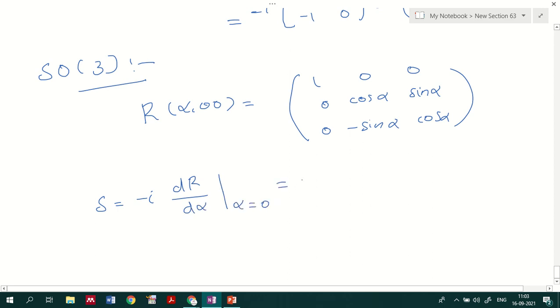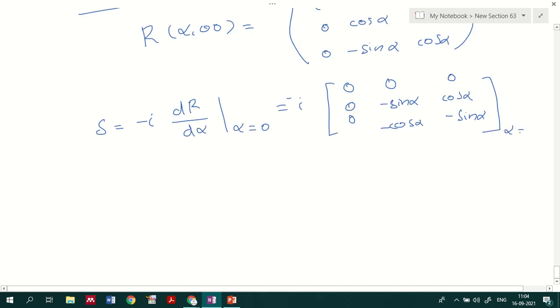Okay, so that is equal to minus I ഉണ്ടാവും അല്ലേ, minus I will have 0 0 0 and here also we'll have 0 0 minus sin alpha cos alpha minus cos alpha minus sin alpha. Okay, now at alpha equal to 0 എന്ന് substitute ചെയ്യണം. So if you substitute that,